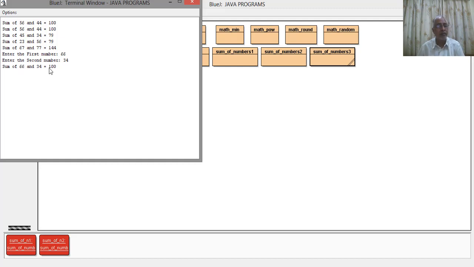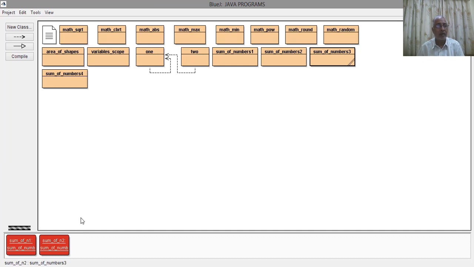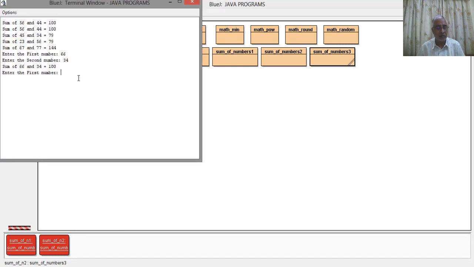So this is a much more user friendly program. Again, if you run this method, it will ask you for the first number, like 89, press enter, second number 78, press enter, and you will get the answer: 89 and 78 is equal to 167. This is the third program which I executed for you, showing how the input is done by the scanner class method.